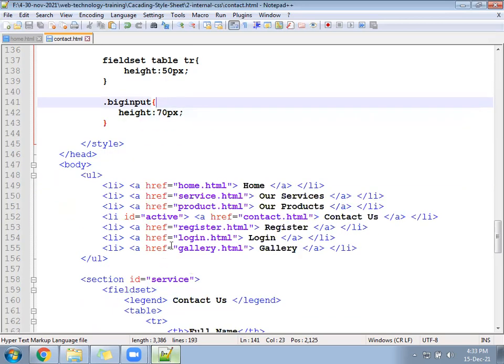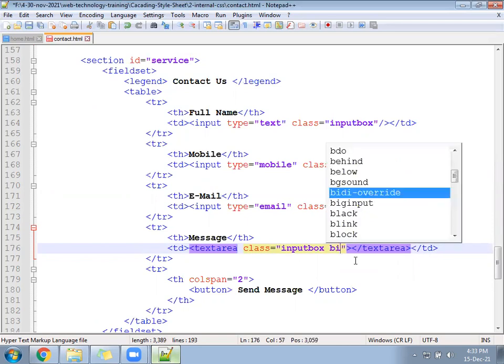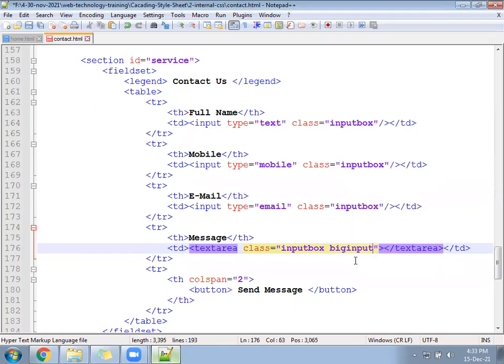Come down. If you have written the big input class, come down for the text area. Input box is there. Let it be input box to control the width. Now to increase the height, you can call that big input class. Big input class will increase the height, and input box class will maintain the width.